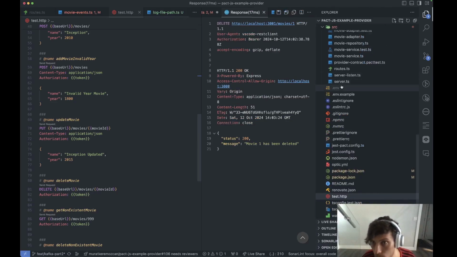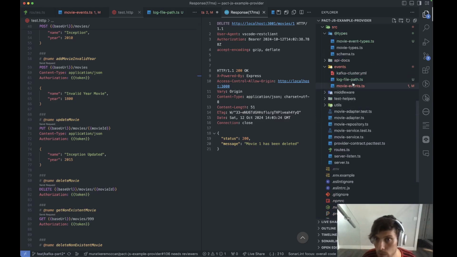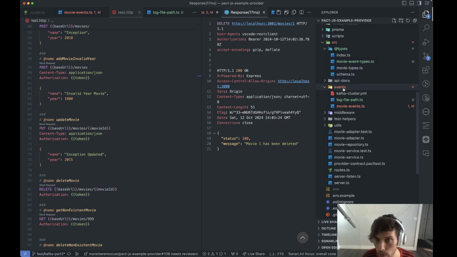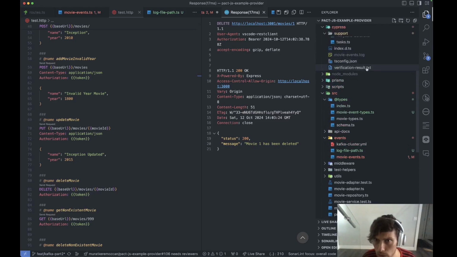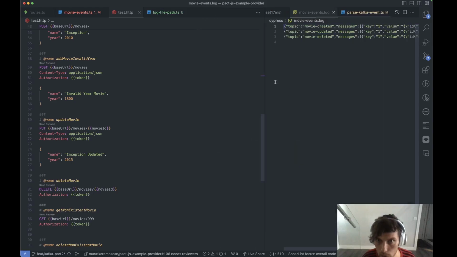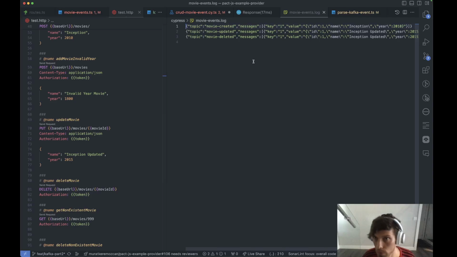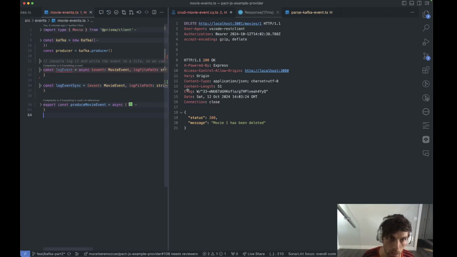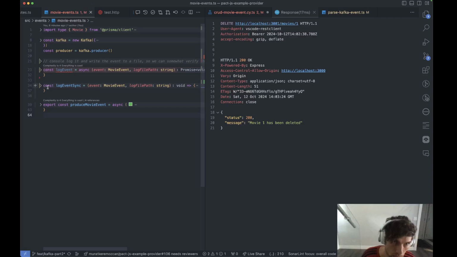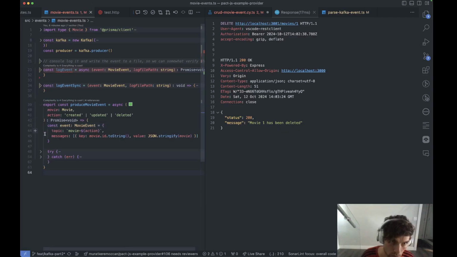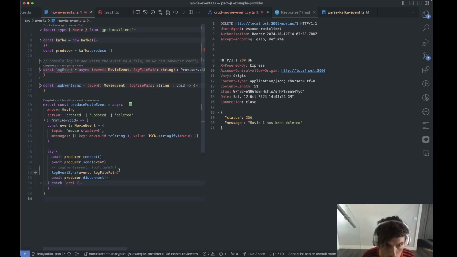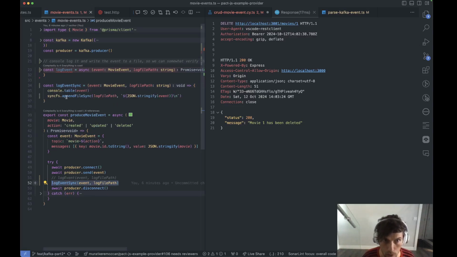Also, just to make things a little more complicated, because events can be very complicated, and this is pretty much nothing, we are also logging everything out to a log file. So it will give you all the event information in its raw format, and it's going to write things there. If you look at how that's being done, we set up Kafka here, that part doesn't matter. When we produce the event, when we get a certain topic, we are synchronously console logging something. So I'll show you what this is doing. Just the console log and then stringify and then write the file to wherever, right?